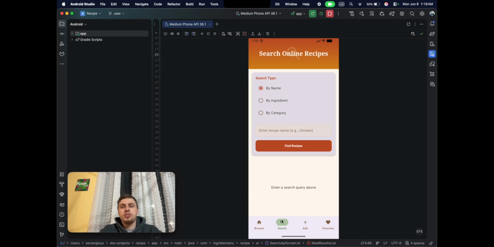Now, this project is still incomplete because there are a lot of features that still need to be implemented. For example, the sign out feature, also the ability to take a picture of some meal and then use AI to classify what meal it is and potentially save it into the database. So ideally, if we want to make this an actual usable free application, there needs to be a little more functionality added in order for it to be